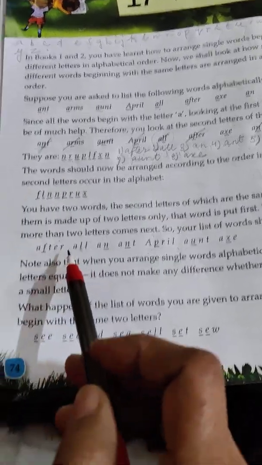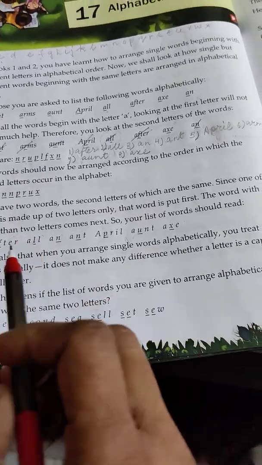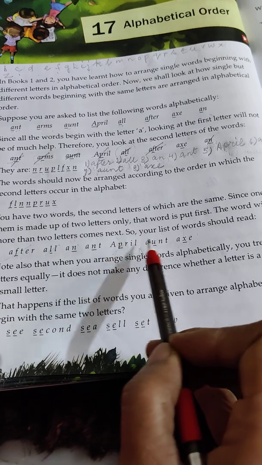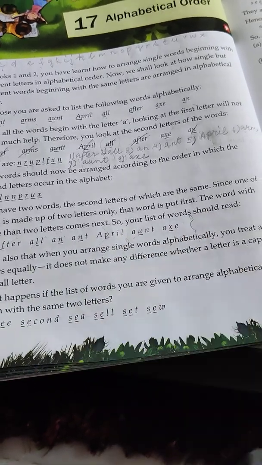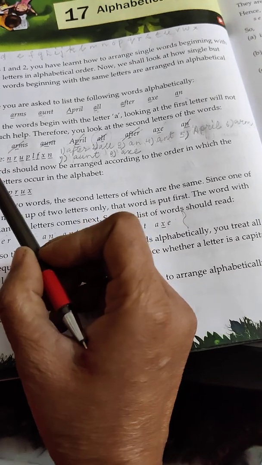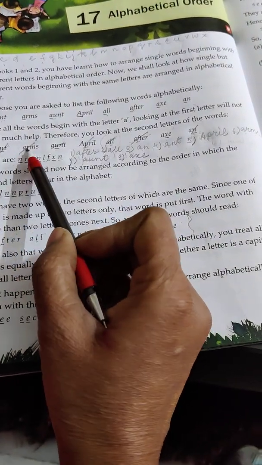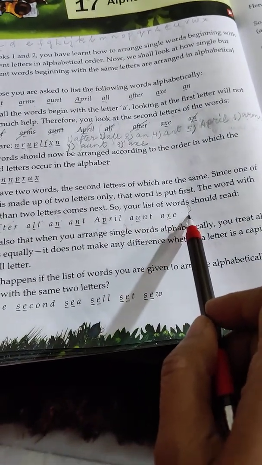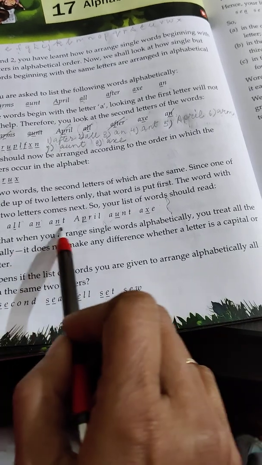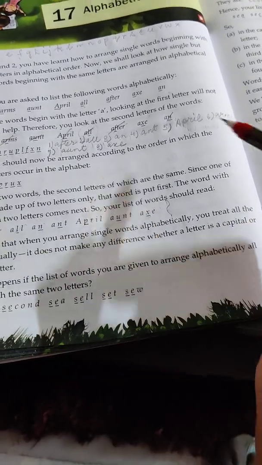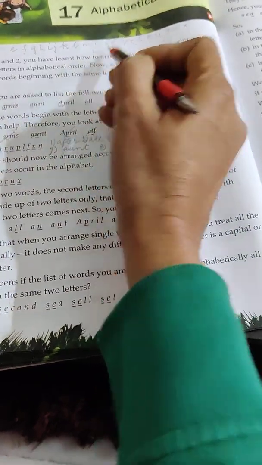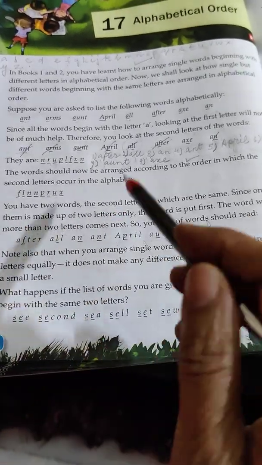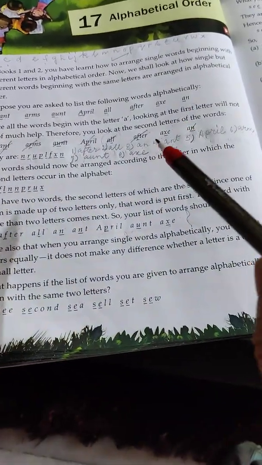Now they have done it, but you know what happened? They have left out one word. See, their answer in the book is 1, 2, 3, 4, 5, 6, 7, whereas in the question there are 8 words. So in the book they have left out one answer, and what is that? Arms is left out. Arms is not written. So I think this technique will be better than the technique given in the book. All right, you will follow this, and this will be easy for you also.